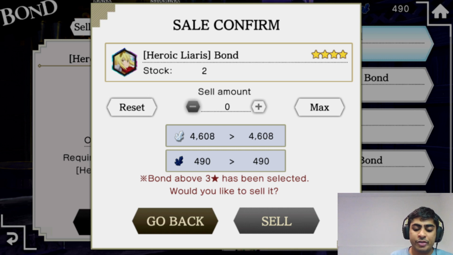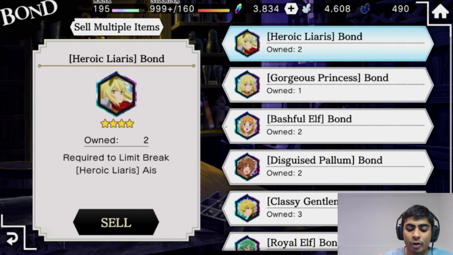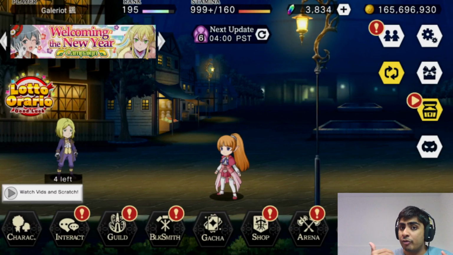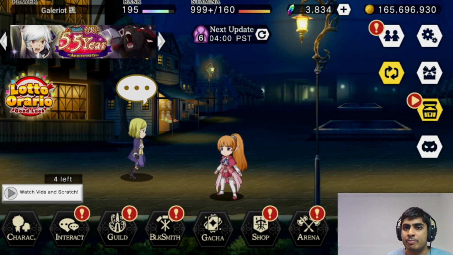If I sell one of her bonds, I will get another 10 Dolb along with 50 Saros, which is great. The Saros is obviously not important to what we're talking about, but the Dolb is. So for every 4-star bond you sell, you will get 10 Dolb. And in all honesty, if you don't mind selling off some of these old unit bonds, you can